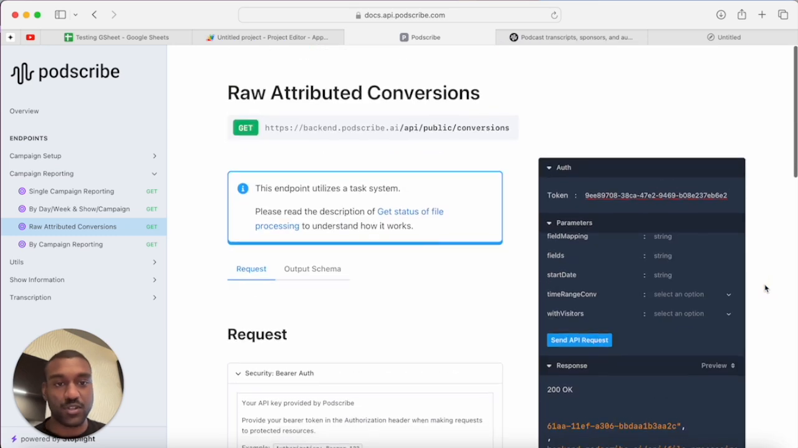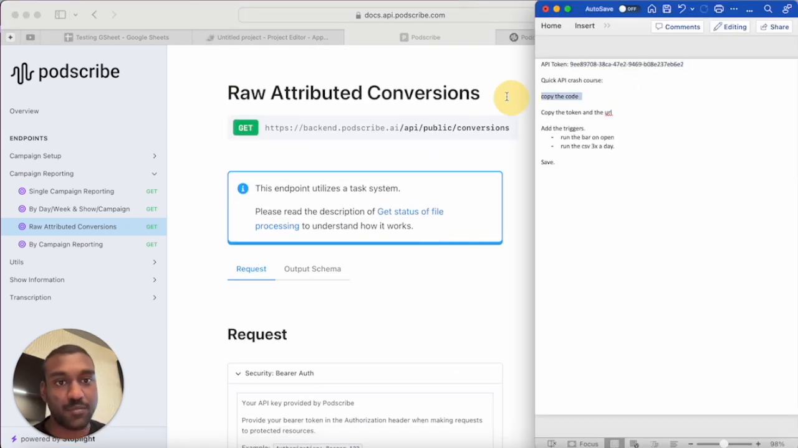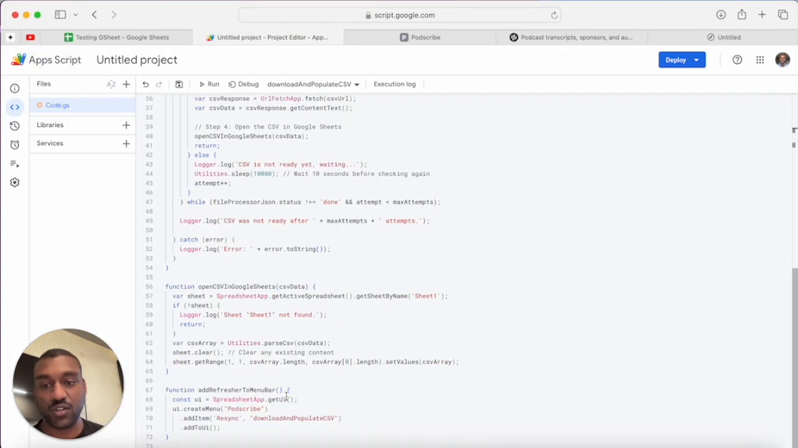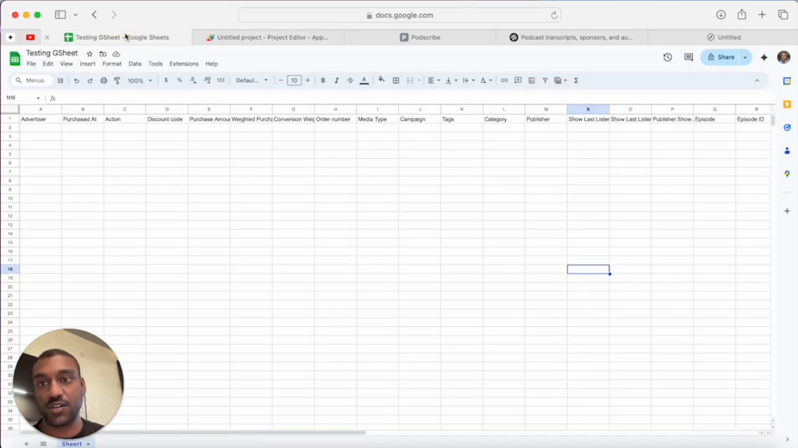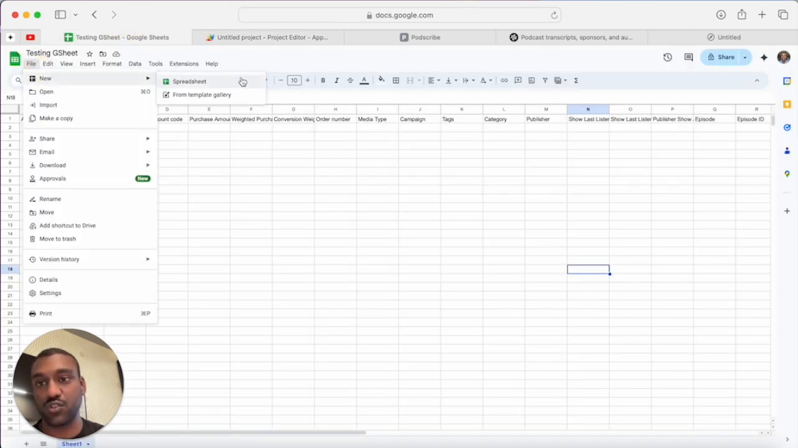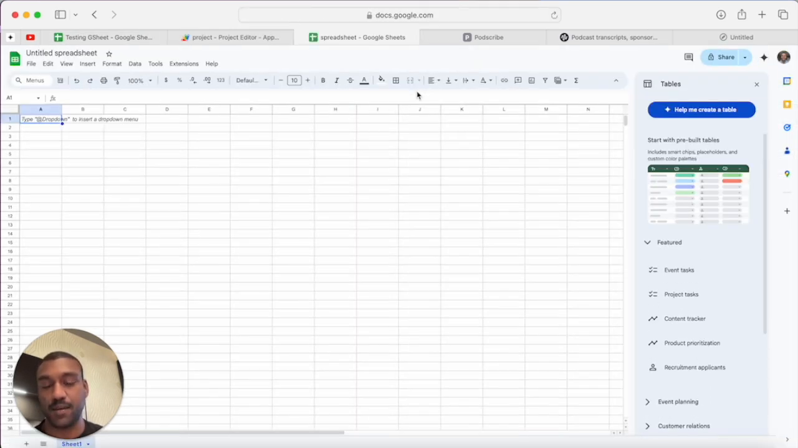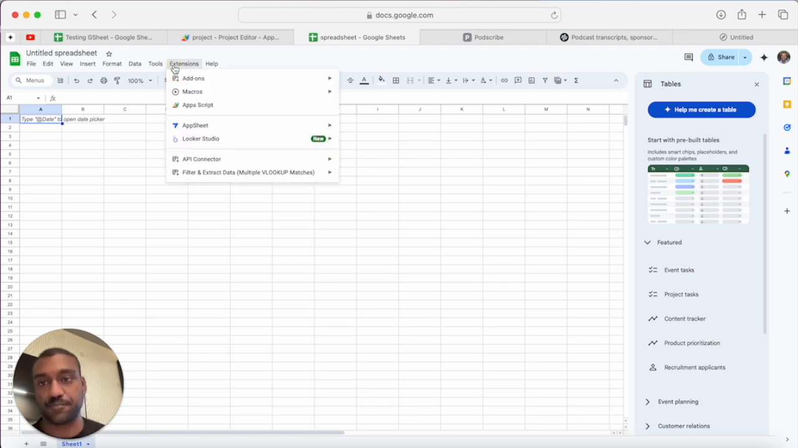So here's what we're going to do. The first step is to copy the code. I will make this available somewhere, either GitHub or a Google Doc. You just need to copy this code, and then you're going to open a new Google Sheet, like so. And then you come to the extension place here, click on AppScript,